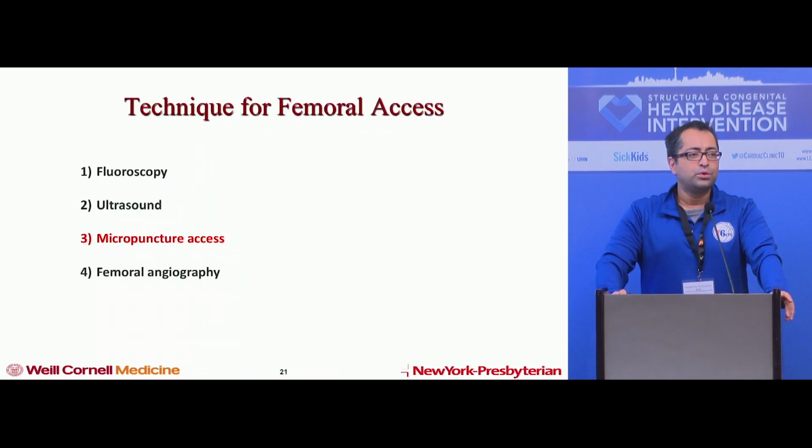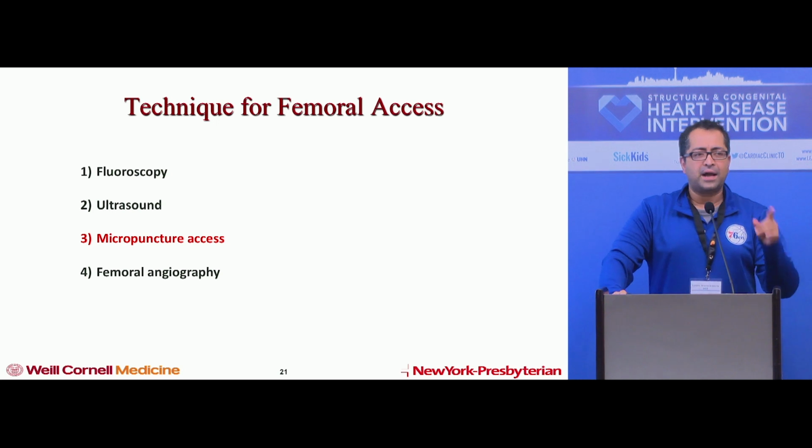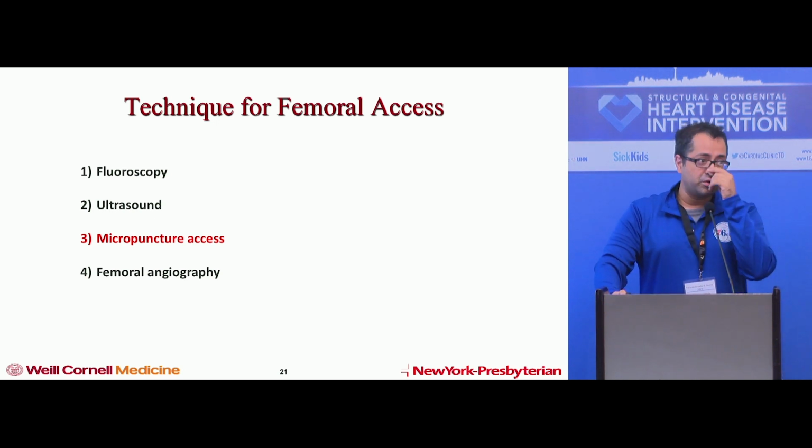Micropuncture access. Who here uses micropuncture needles for femoral artery access? Who uses it always? Okay. So while we don't use ultrasound always, we actually use micropuncture for every femoral access now, everything. And I'll be honest, the data for using micropuncture in adults is mixed. There's not great support for it, but I will say anecdotally, in the 2 years that we've been doing it,